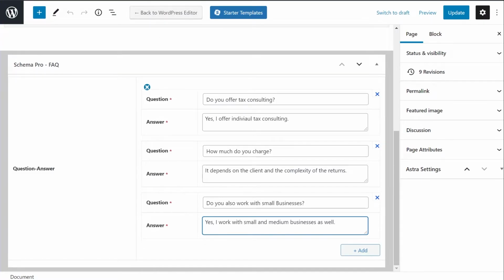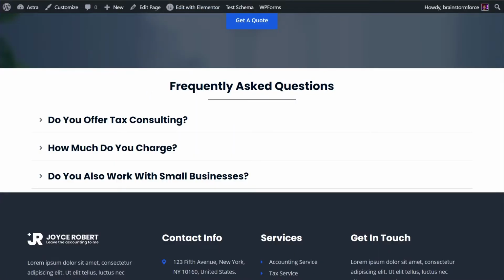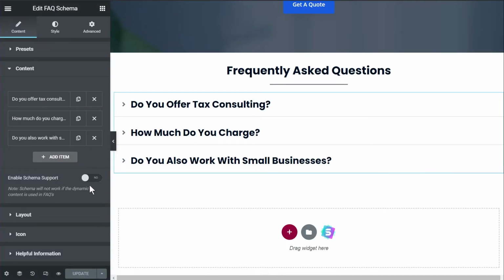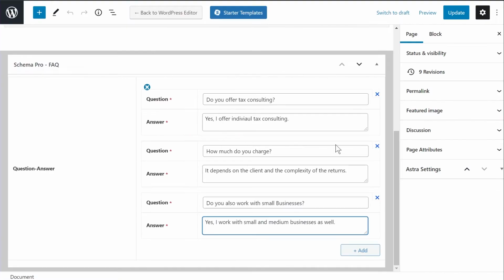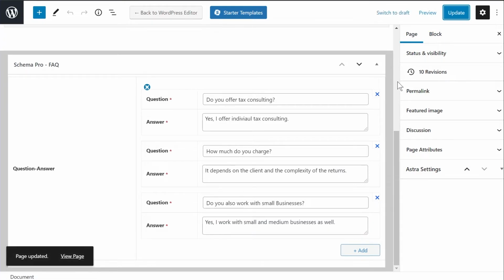Just to give you one more reminder, we are not adding the FAQ schema through Elementor or through UABB because I've disabled this option. So if I save this page, then only the schema that has been added here will appear on the page. So I'll update this post right here, and the schema should be added to the page. And I'll also update the post inside Elementor. Then we'll do a quick test on how the schema appears in Google's rich results testing tool.